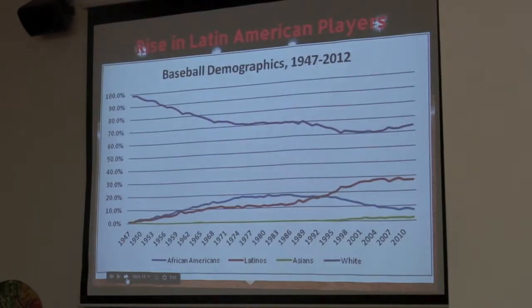So I also wanted to study trend lines as well, because I wanted to study how baseball players have changed, or how scouting has really changed. When the color barrier was broken, a lot of African American players started playing baseball, and a lot of them were from the South, so the South experienced a rise in creating baseball players,